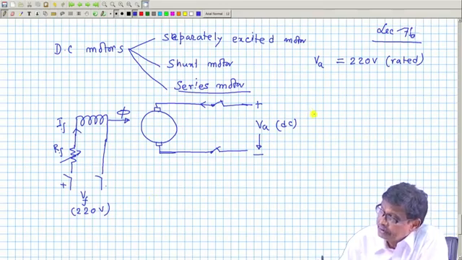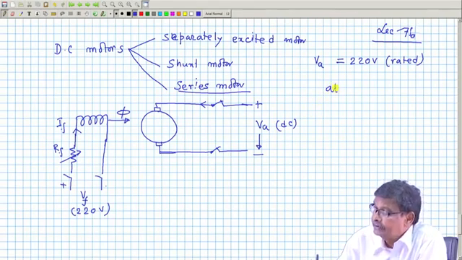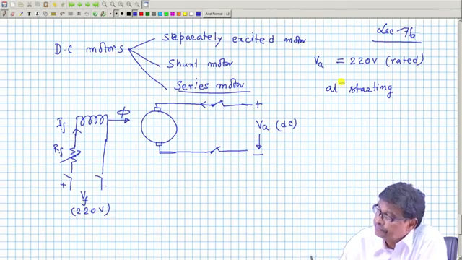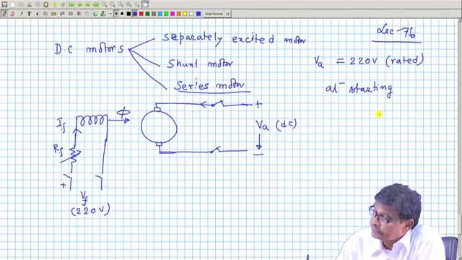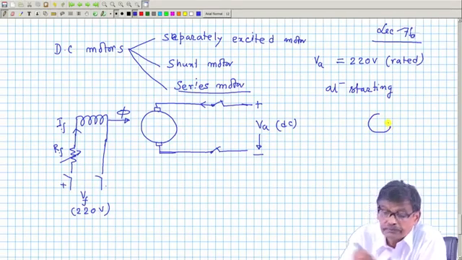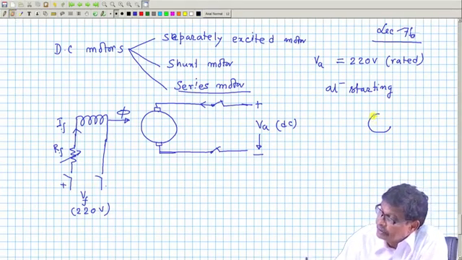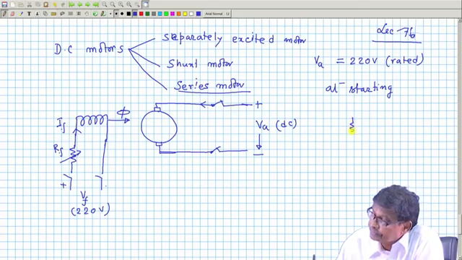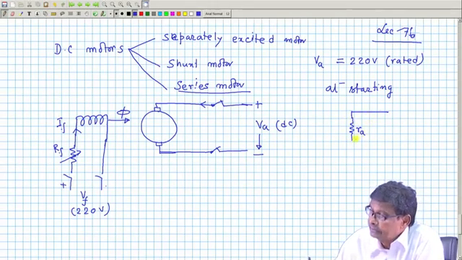And the equivalent at starting condition, I am sorry, this armature can be modeled as some armature resistance R A and the supply V A, nothing else,